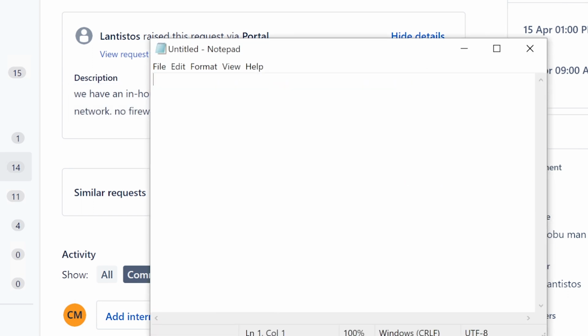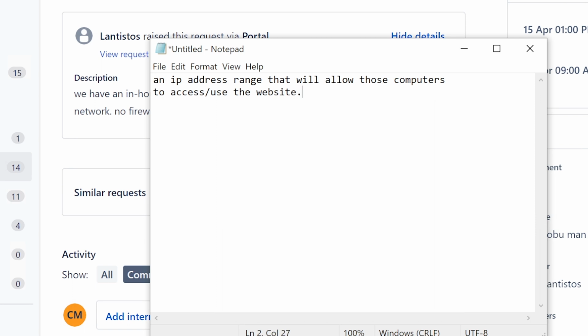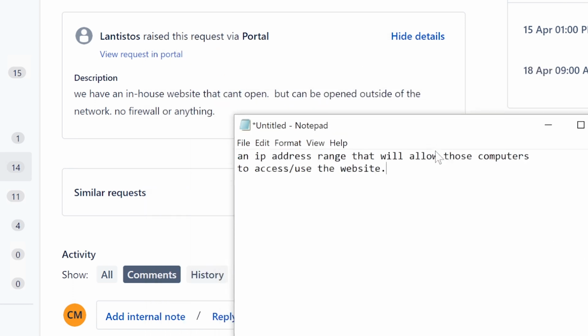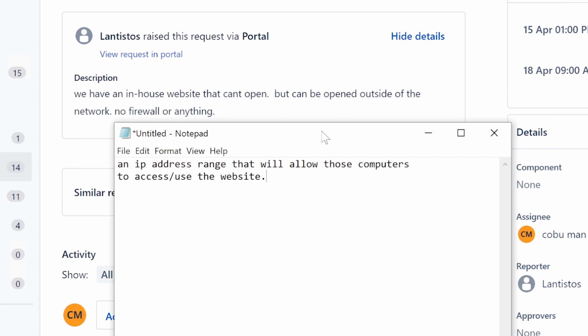Then you have to give them an IP address range that will allow those computers to access and use the website. So it's usually the other way around. Either way, firewall people will have to look at this. It has to be a network issue, unless it's set up to route to something else.